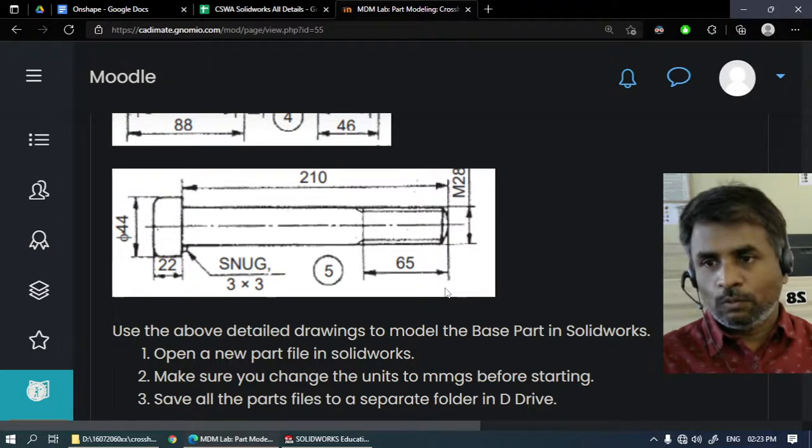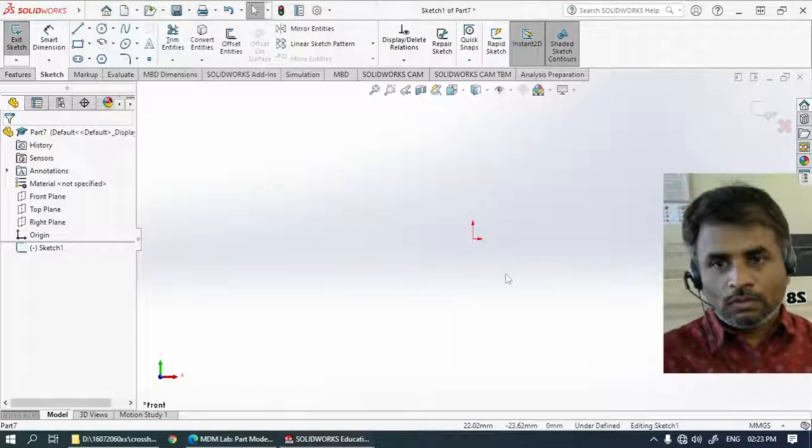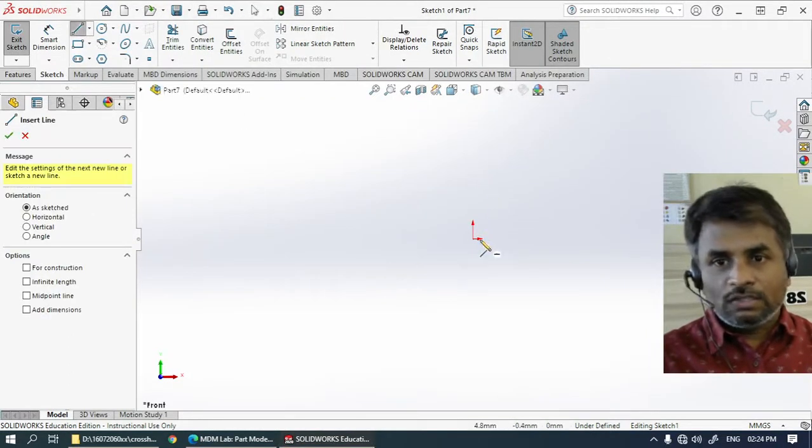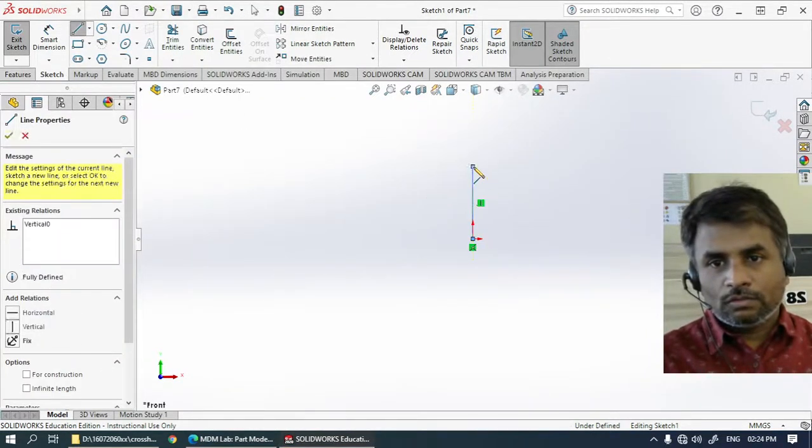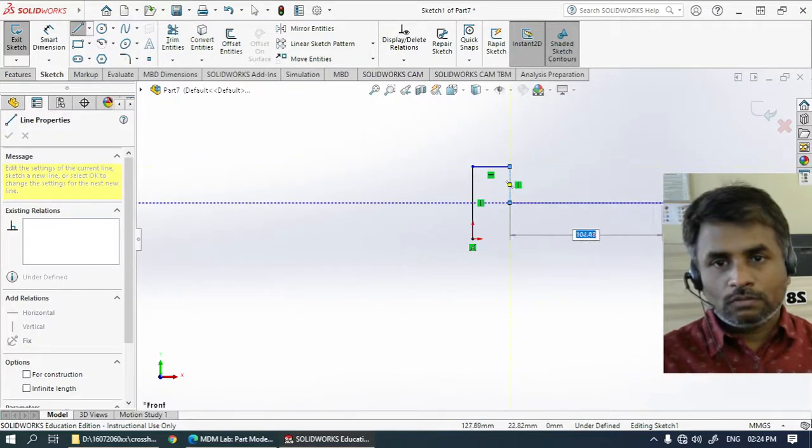of this bolt. We will be creating only half of the cross section, which we will revolve to the complete bolt. So let's go ahead, start the line, straight up, move,